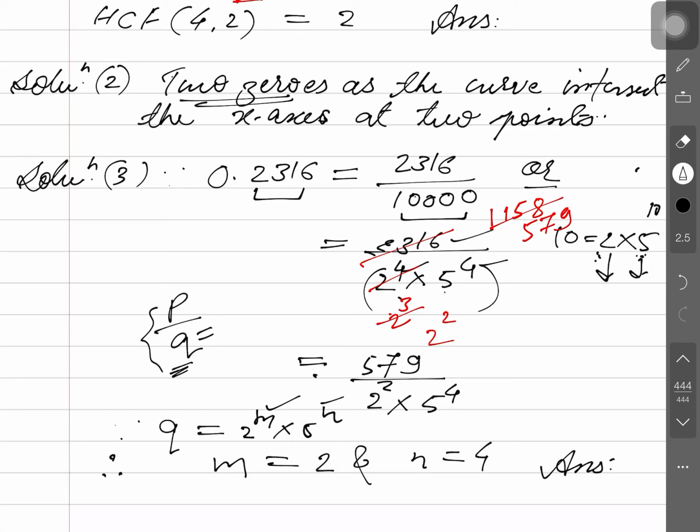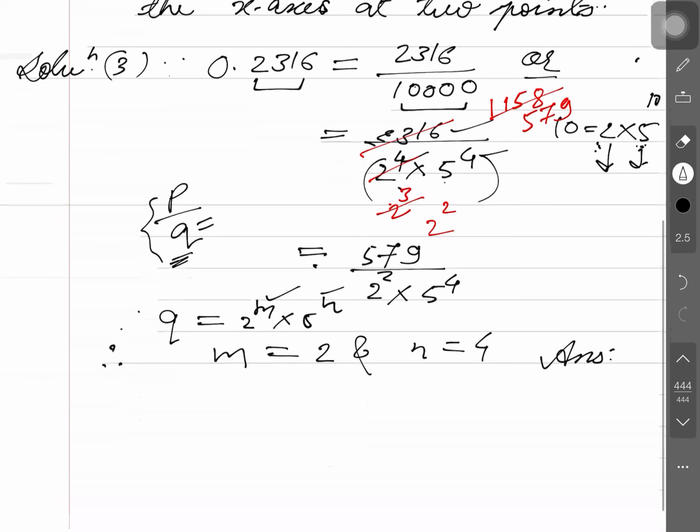Is that clear? This is a simple method. You just have to know this. On what basis is the question? The question is based on p by q being a rational number, where if we write the decimal expansion and the decimal expansion is terminating type, then q can be expressed as a product of its prime factors 2 and 5, how many times 2 and 5 occur. Is that clear? Now look, the question number